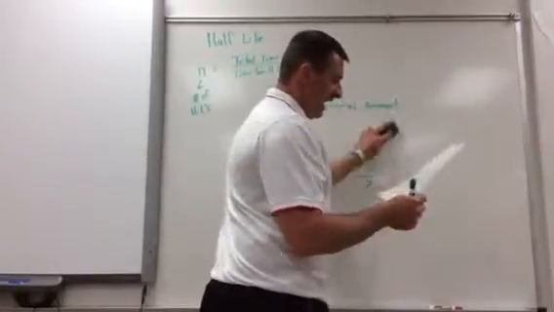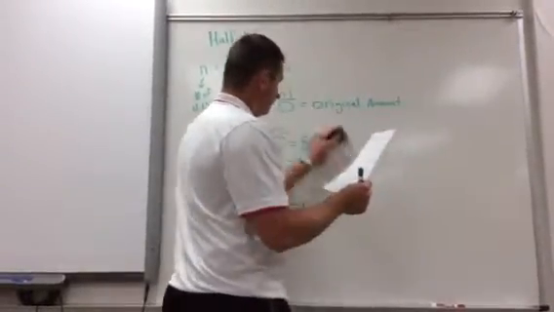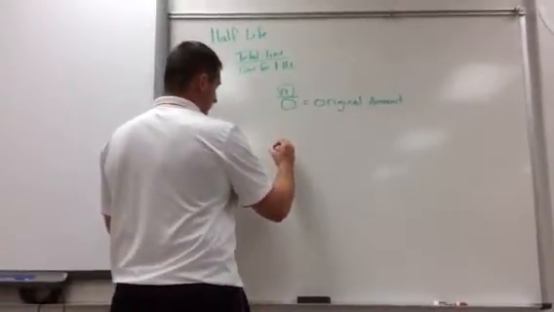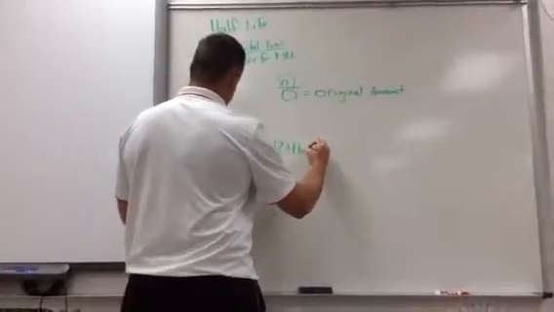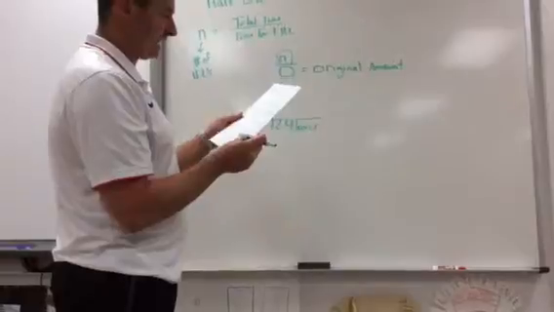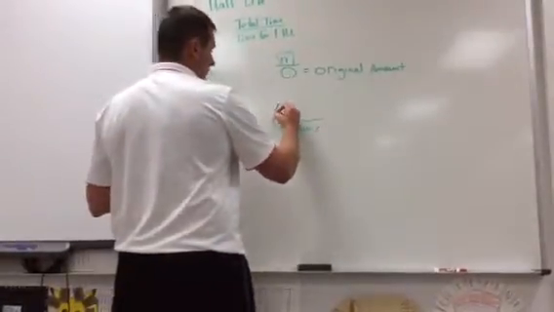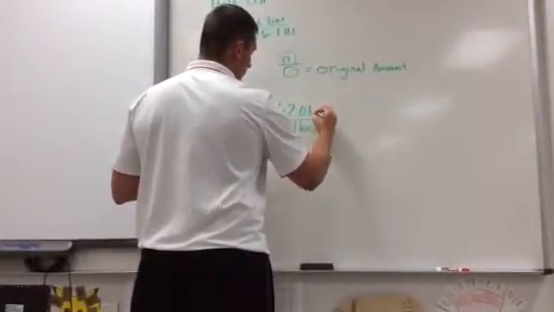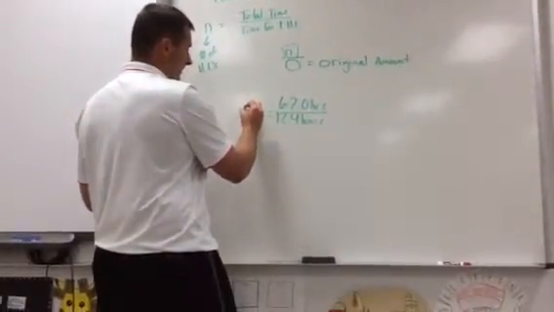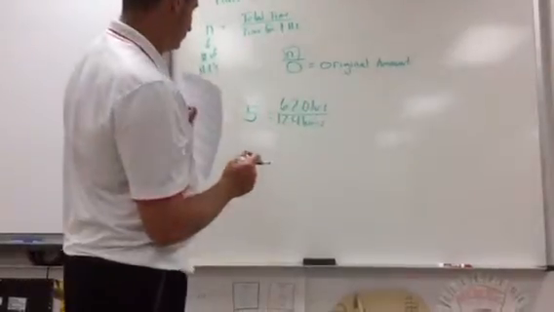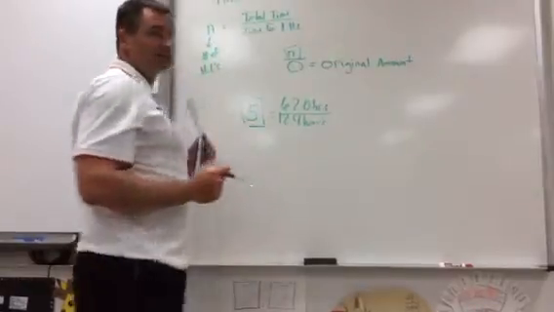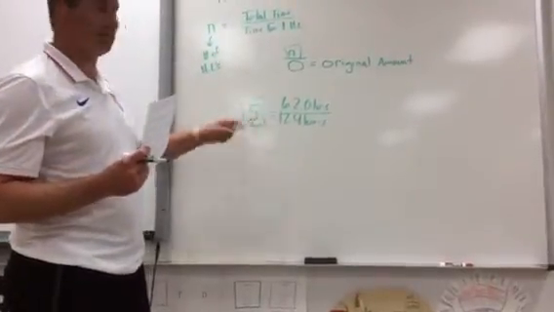It says the half-life of potassium 42 is 12.4 hours. So that gives me the half-life is 12.4 hours. How much of a 750-gram sample is left after 62 hours? So my total time is 62 hours. So 62 divided by 12.4 is what? 5, I think. Right? Yeah. 5. It's always going to be a whole number too, by the way. So when you divide the top by the bottom, it's going to be a whole